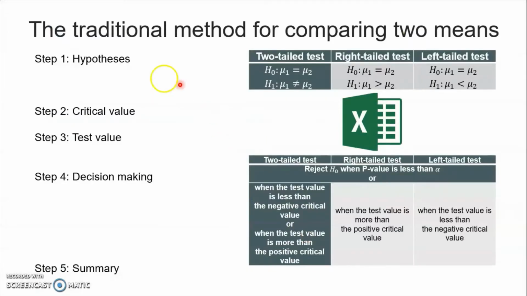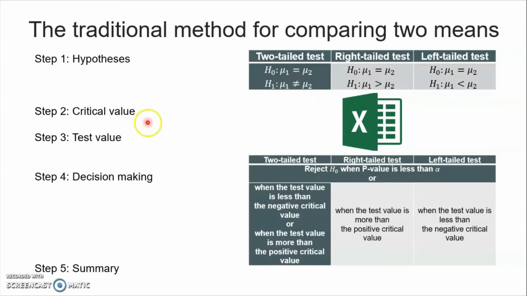In this section, we are using the traditional method for comparing two means. These are the 5 important steps for the test on the difference between two means. In step 1, we define the hypothesis. Remember that there are 3 types of tests to be considered and can be determined based on the problem to